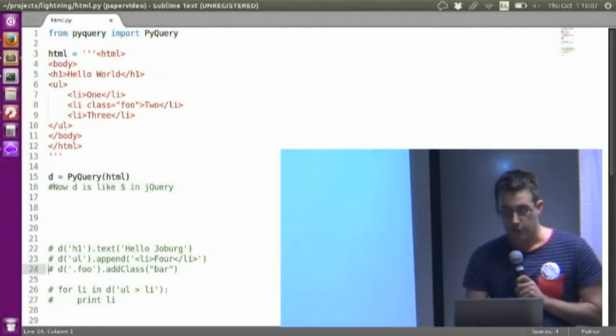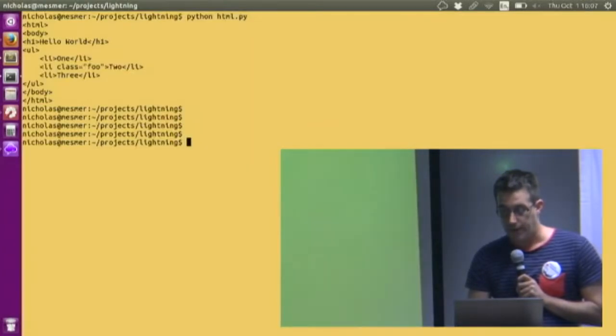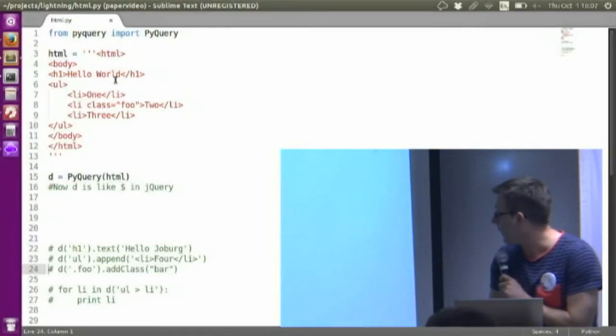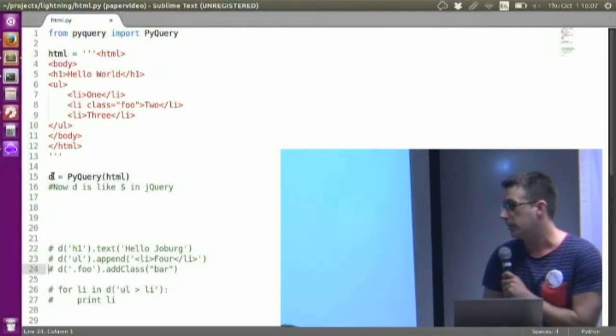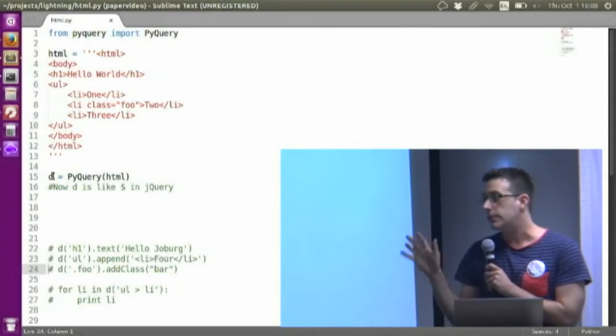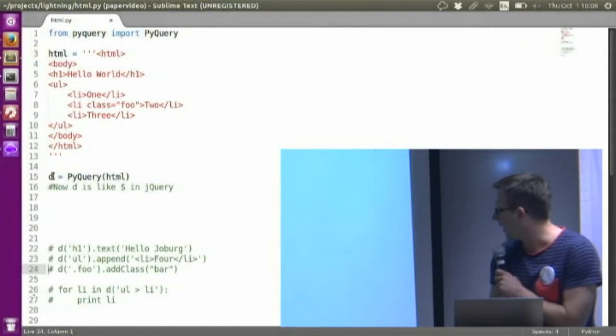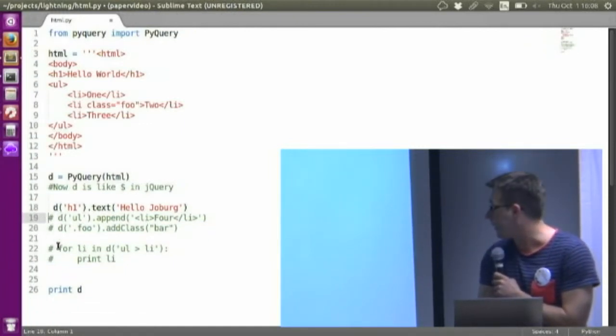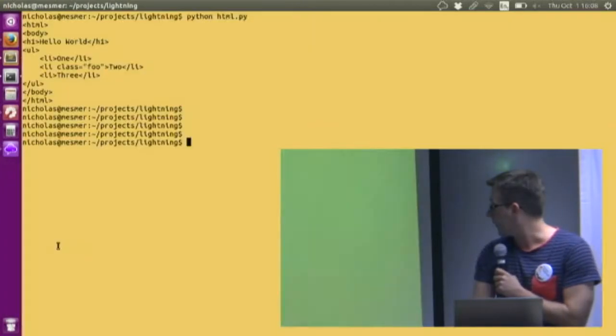So I'll just quickly show you. Once you've pip installed PyQuery, a very simple example. Say I've got here my little HTML chunk, and you instantiate this PyQuery thing, and from now on, that d thing is like the dollar in jQuery. Are a lot of people familiar with jQuery? Okay, not so many. Say I wanted to change the text of the H1 tag up there. jQuery takes these CSS selectors, and so changing the text node to that, if I now run that,